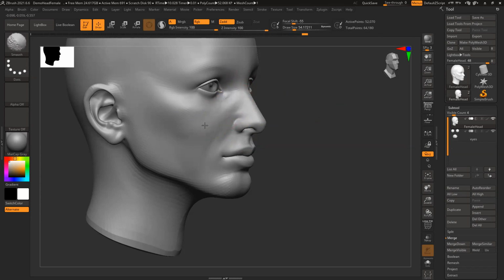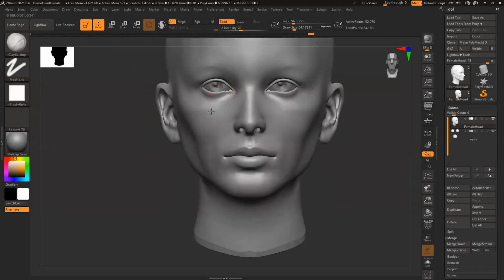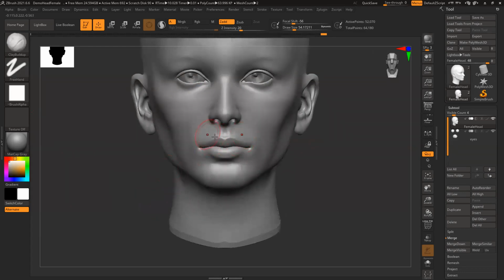This connecting line is visible. This line is visible. Slightly prominent. Okay. Slightly more rounded.